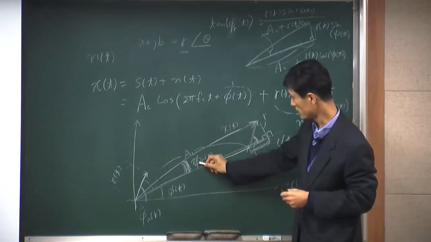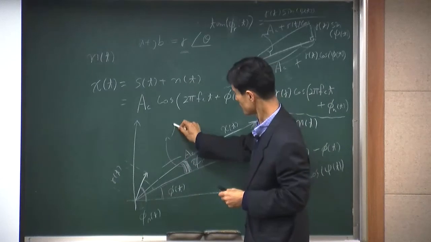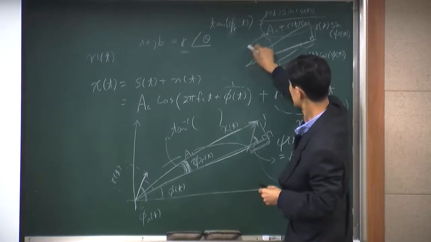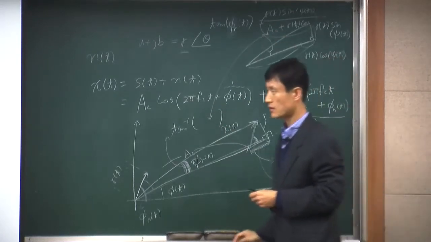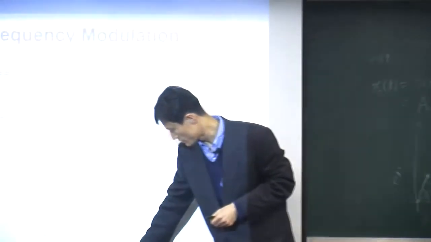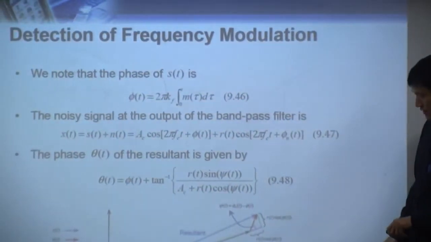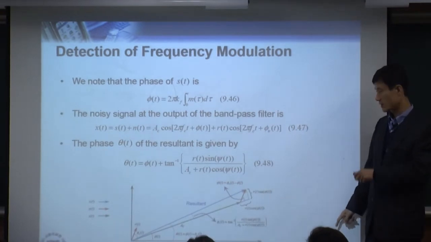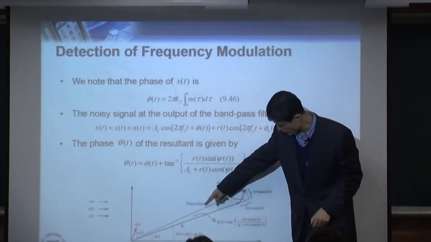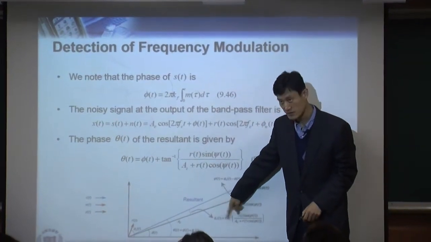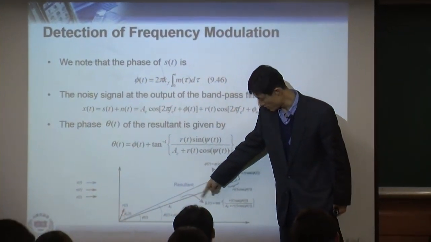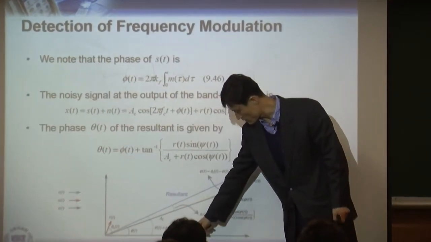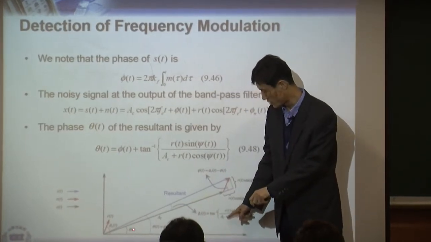So eventually this phi r t is the tangent inverse of this one, like this. So that's that angle. This is phi r t, and that's what we want to find out. Once we know this angle as a tangent inverse, this phi r t plus this one, the original phi t,